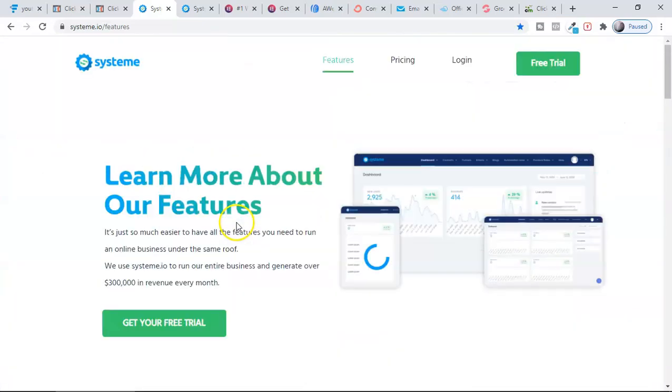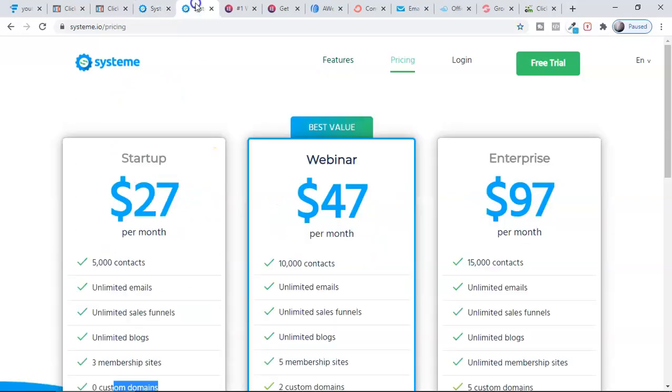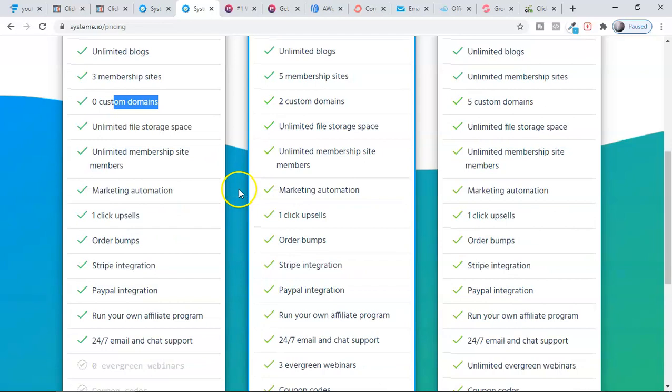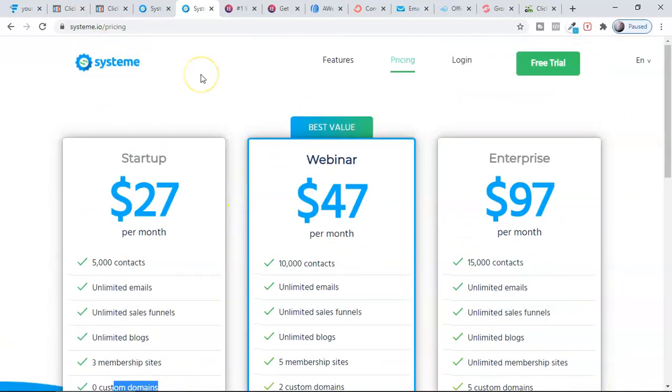This is amazing. I'm still using it. I'm going to make a video very soon about this. And the price of Systeme is like $27. So if you're using ClickFunnels and you're looking for a substitute to create a sales funnel or Quizlander or all those things, Systeme is good. So you must try this. So now these are the funnel builders, guys, which are completely designed to build these sales funnels.